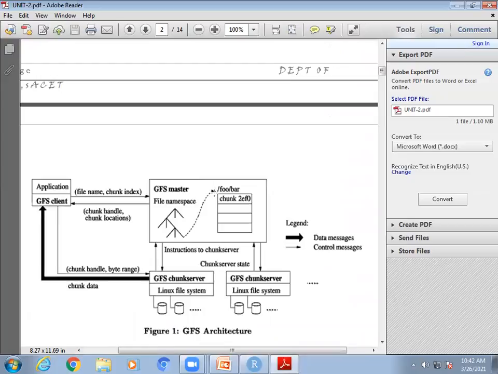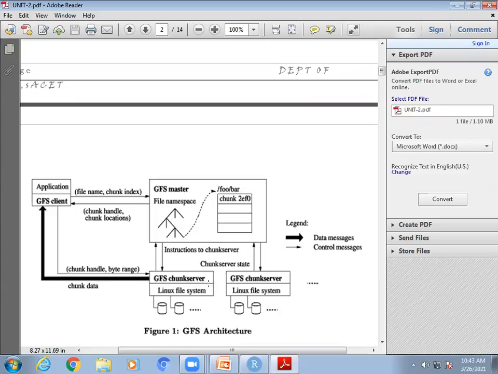Google File System is a distributed file system where your data is distributed across multiple machines, and those machines are commodity servers, that is, inexpensive servers. One more important thing: when the GFS client sends a file name to the GFS master, which is the component where your metadata is stored, that is, details about where your data is stored, the GFS master sends back the location where to store the data. Then the client can go and store the data in a particular server.